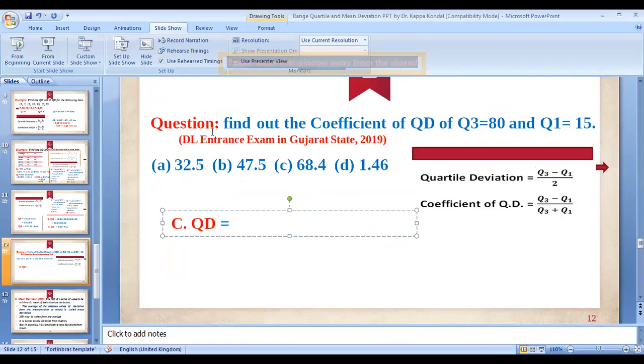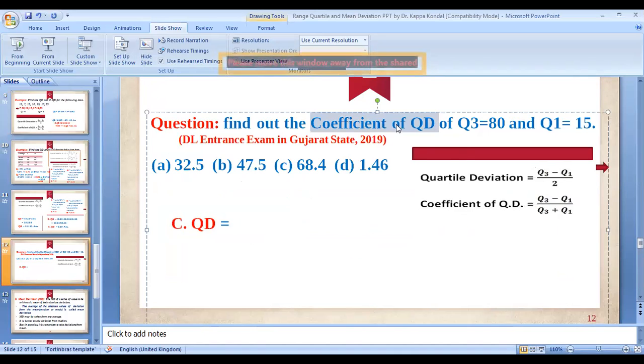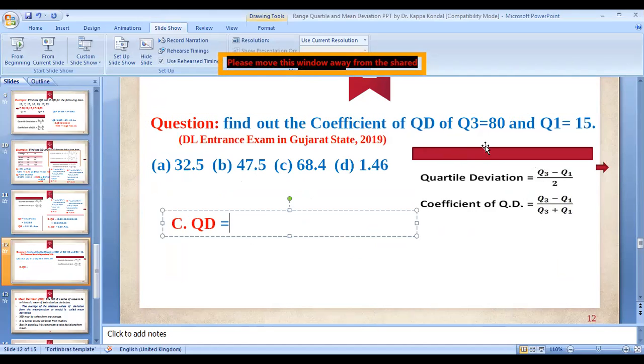See the coefficient of quartile deviation formula. They ask for the coefficient of quartile deviation, not just quartile deviation. What is the formula of the coefficient of quartile deviation? Q3 minus Q1 divided by Q3 plus Q1. Here what is the Q3 value? 80. 80 minus the Q1 value, 15, divided by